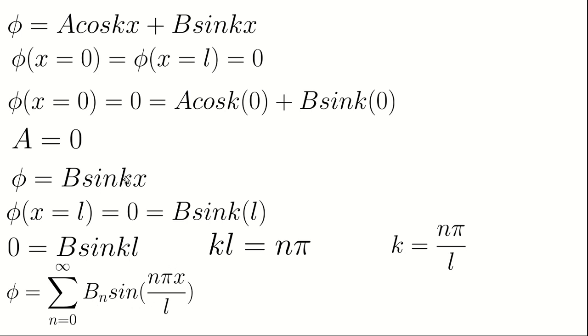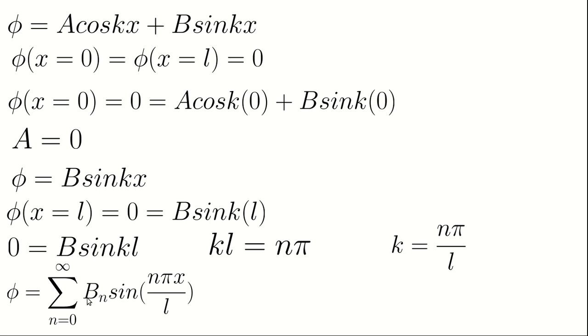Take note that since we now have n, where n runs from 0 to infinity, for every value of n there should be a corresponding b. So that's why we have b subscript n summation. So now that we have this expression, the next thing is to determine our bn, right? And to determine our bn, we use the normalization